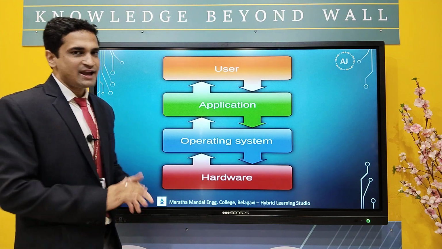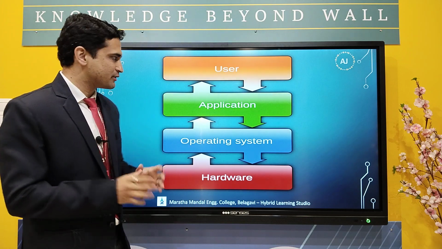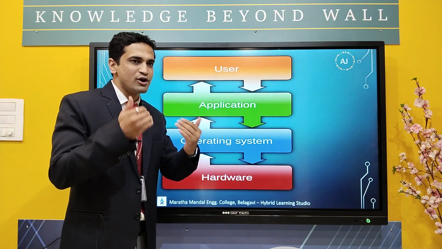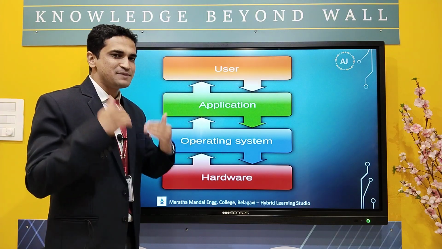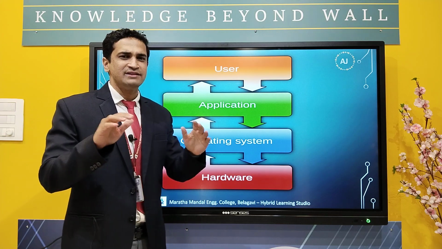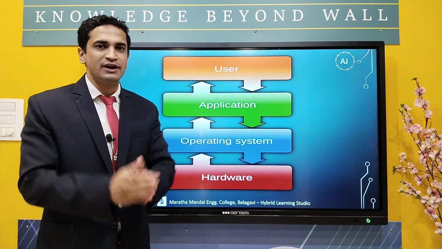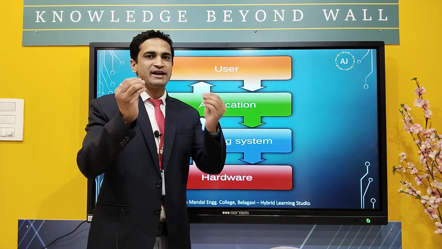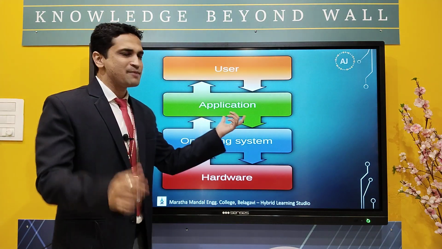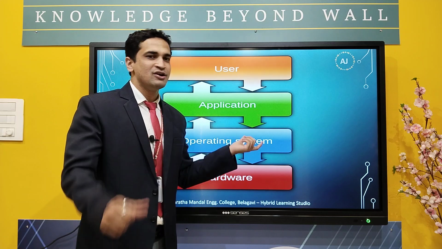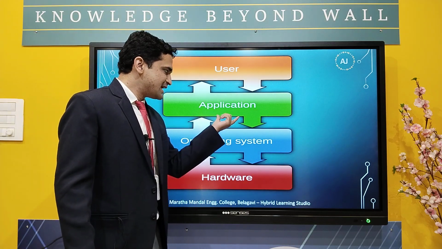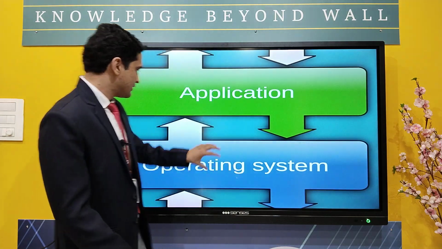The user is nothing but we who use laptops or PCs. The application can be anything, for example a game like PUBG, your favorite game. That is one type of application you are running on the PC or laptop, and it is connected to the hardware